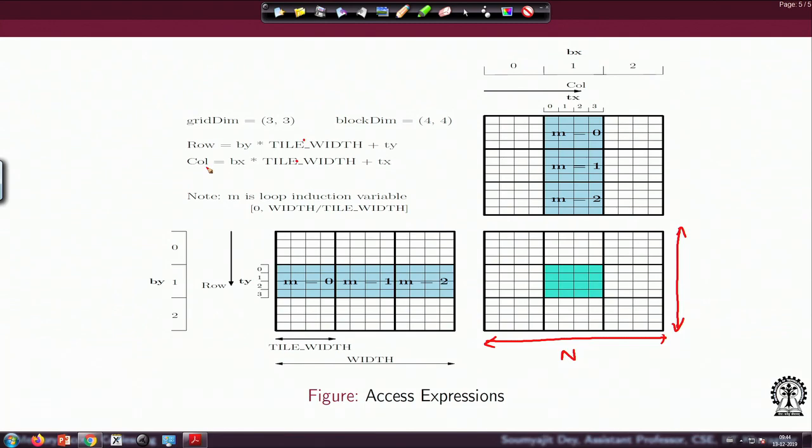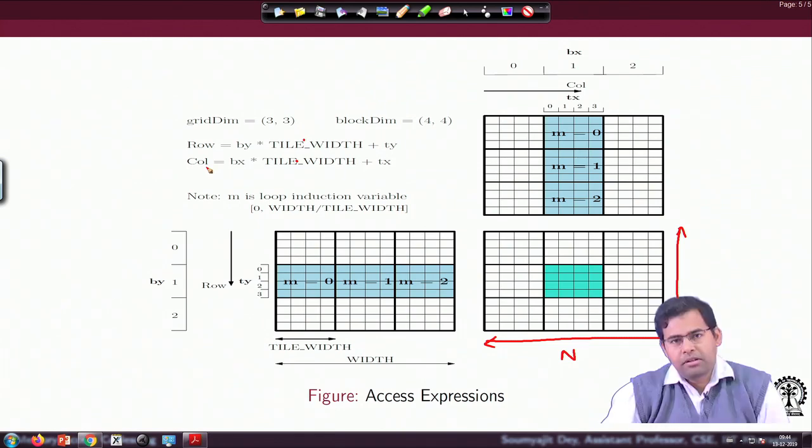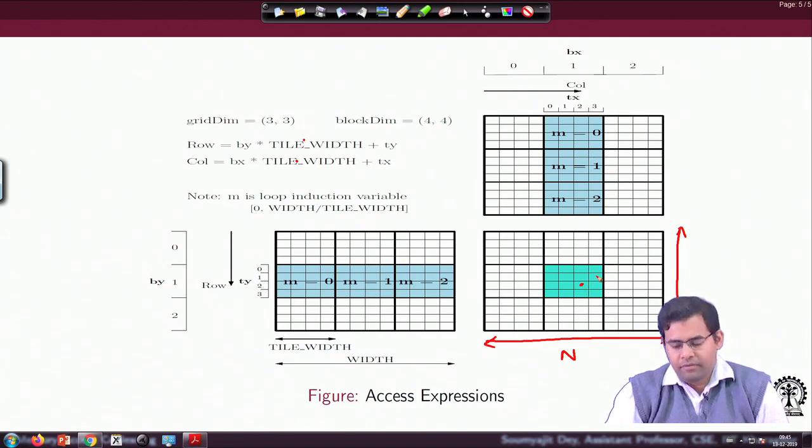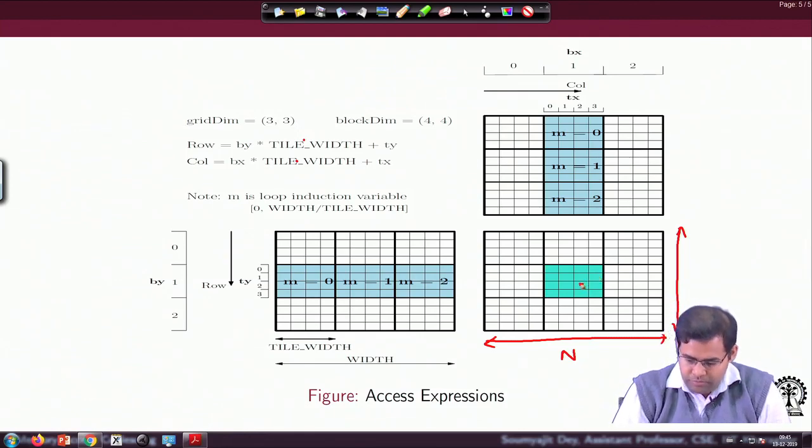Now, how do I figure out which tile I am located in? I want a loop to decide which tiles to load or access. The basic principle inside this computation is that threads computing inside a tile would do collaborative loading and computation. Earlier in our naive algorithm, the ijth thread was bringing data from the ith row and the jth column, multiplying and accumulating them to compute the ijth location.